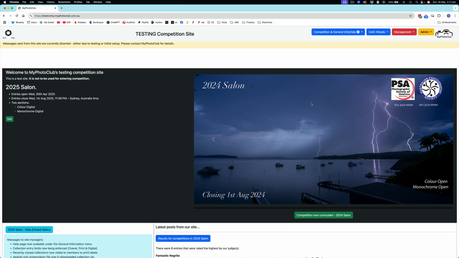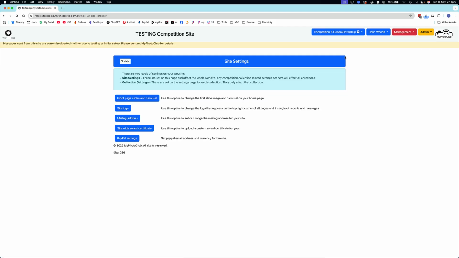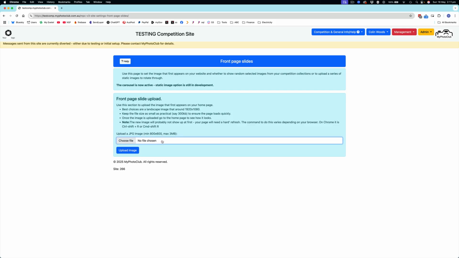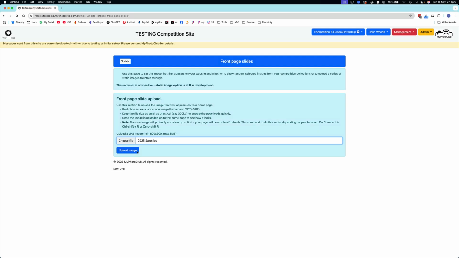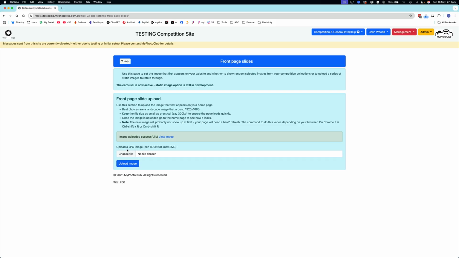So the next thing you want to do is update your front page slide to reflect your new competition. And this is done in management under site settings. And it's the front page slide that you're after. So you can see it's asking you for a JPEG file. So if I put the 2025 Salon JPEG file in and upload it, and then if I go back to the home page,